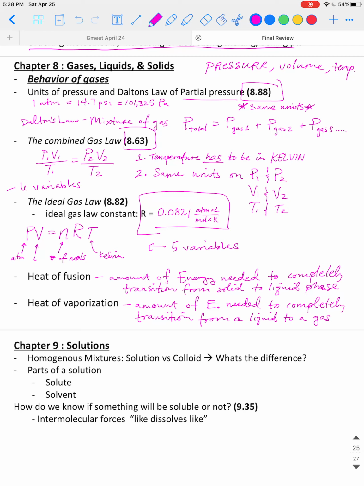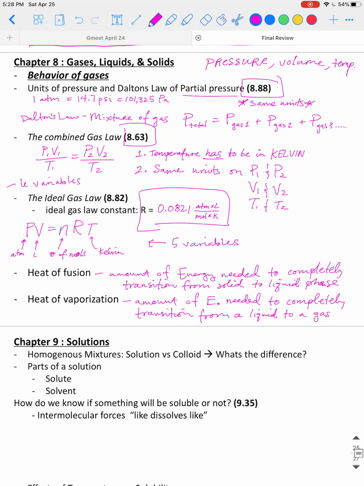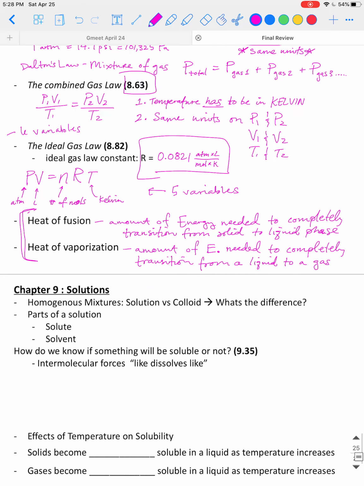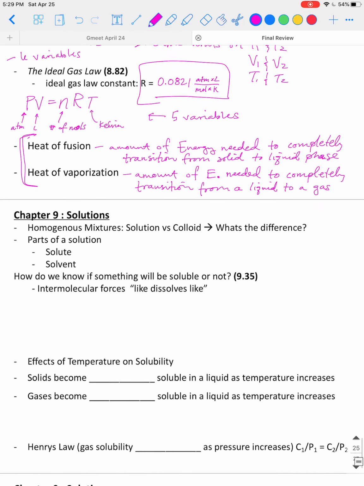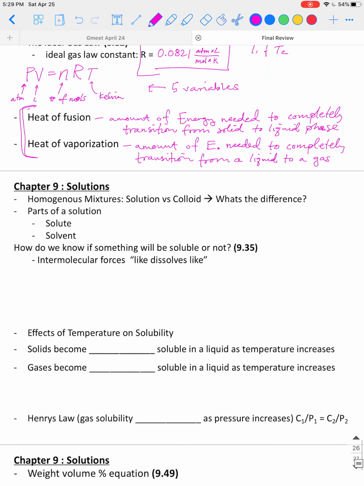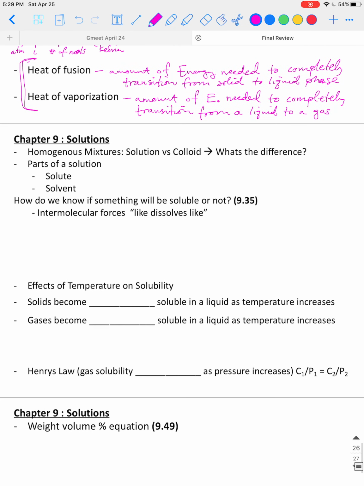So once you hit the boiling point, you start measuring the amount of energy necessary, or that we have to invest, to completely boil or vaporize something. It's called the heat of vaporization. Okay. If you want to know more about these terms or just want to refresh yourself, go to the very end of the lecture on chapter 8. One of the very last slides has a great